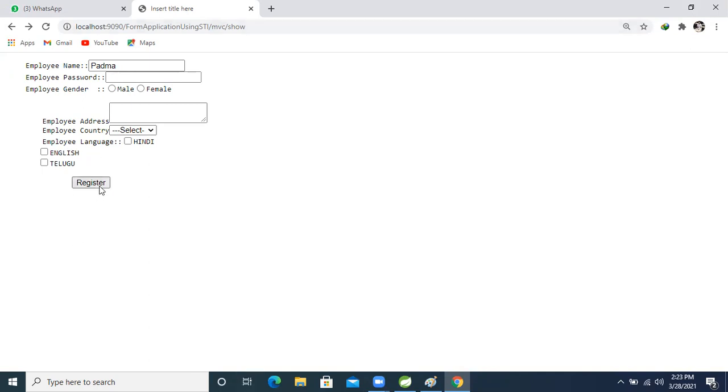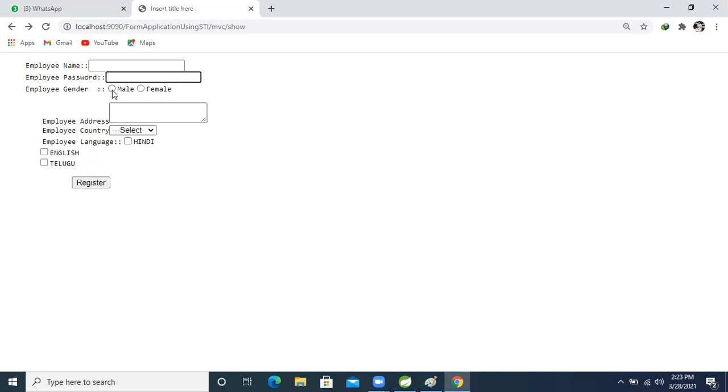Until the rules are followed, the form will not be submitted. The name must be a minimum of 4 letters and a maximum of 9 letters, and the person can only enter capital letters and small letters. We will put these restrictions inside. Then the employee password: minimum 4 letters, maximum 7 or 8 letters. The employee can choose alphanumeric, small letters, capital letters plus numeric also, in the password.